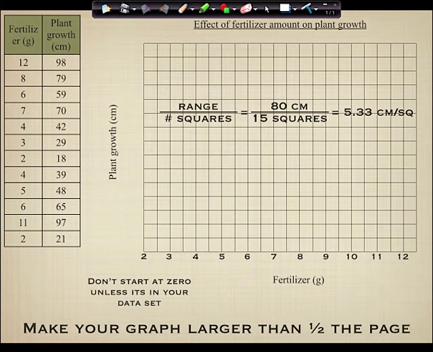So when you round up, you want to intelligently round up to a number that's easy to work with. 7's no better than 6. What are we going to round that up to? 10. Now we've got units that make sense. But guys, we don't want to round up to like 20, because then our graph would only come up to here and it wouldn't be half the piece of paper. So we don't want to round up so much that our graph gets too small, but we want to round to numbers that are easy to work with.